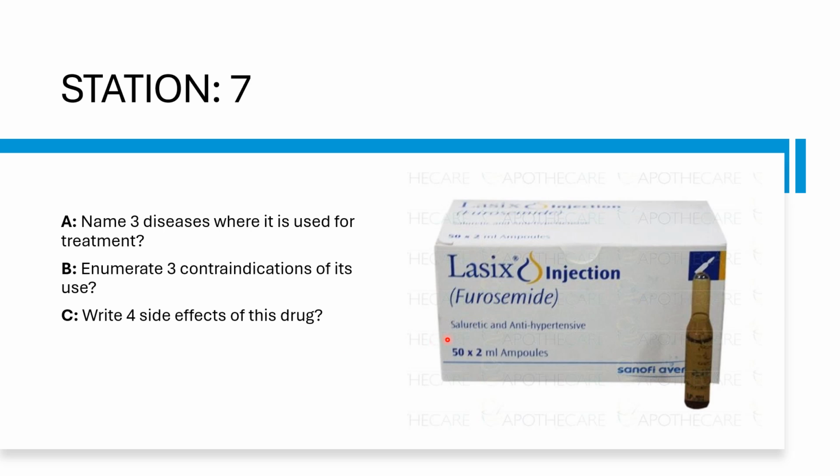So on station number 7, we have a drug. As you know, this is Lasix injection, this is furosemide. Name 3 diseases where it is used for treatment. Question B, enumerate 3 contraindications of its use. And question C, write down 4 side effects of this drug. As you all are